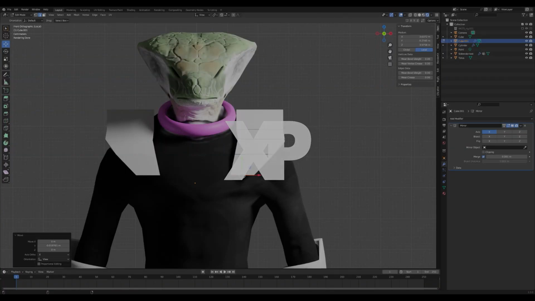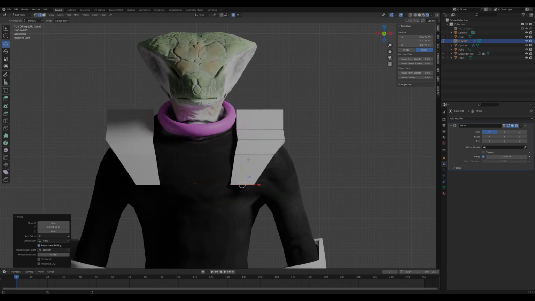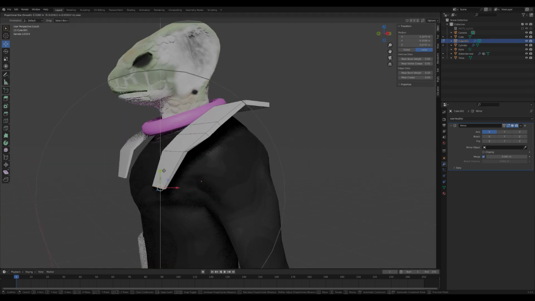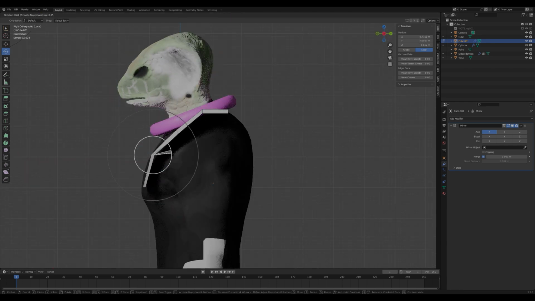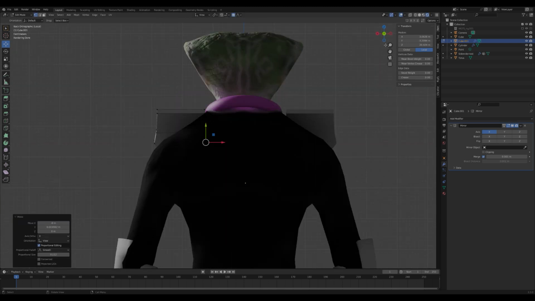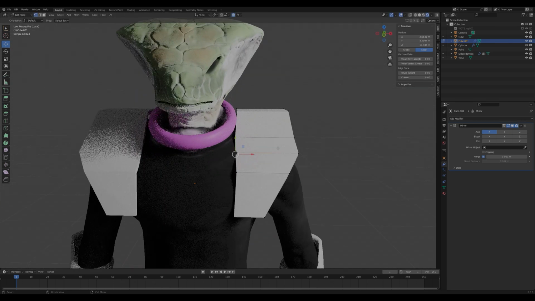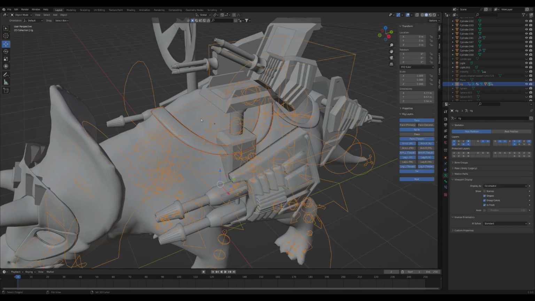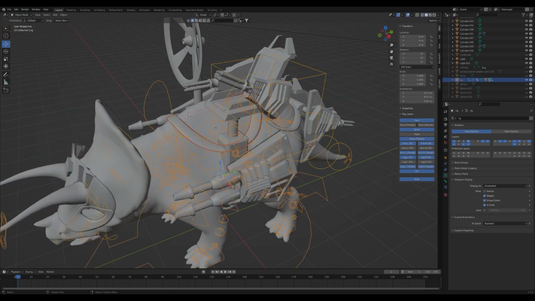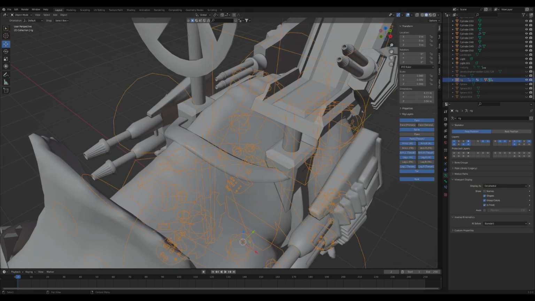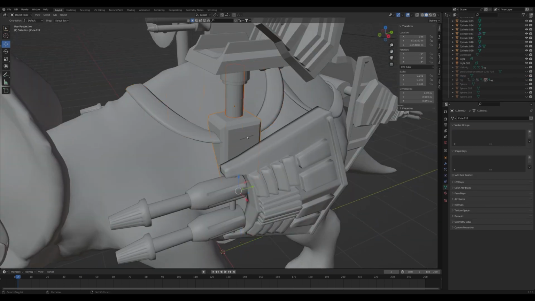Welcome back everyone. So for this video I will go through a few tips and tricks that I learnt while making this animated short. I created a base humanoid character and then I parented objects, whether it's cubes or vertices that I've modeled, to align to the shields or armor of the particular character. I've then moved on to the Triceratops, going through the parenting hierarchy in order to set up and rig the